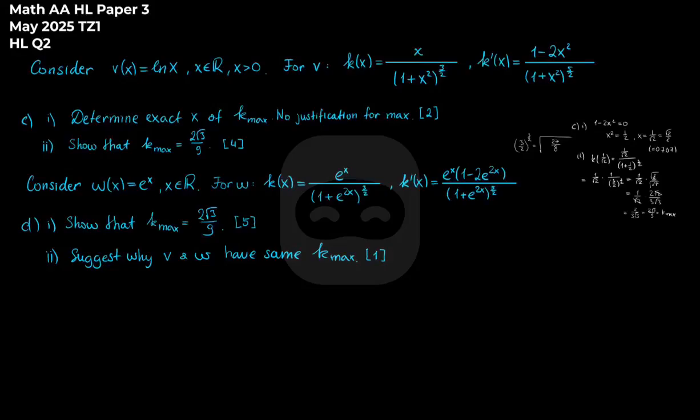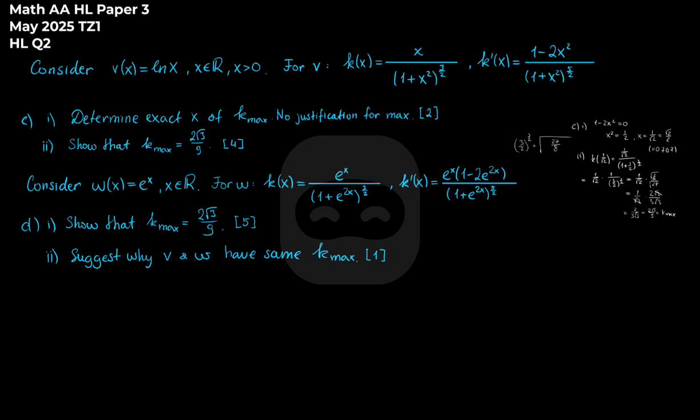Now, moving further with the question again, now they're asking us to consider another function, w of x, which is simply the exponential function e to the power of x. Again, x takes in real values. And now for e of x, they also give us the expression on how to find the curvature and the change of curvature, so k derivative. Now in part D1, they're asking us to show that k max is equal to the same, 2 square root